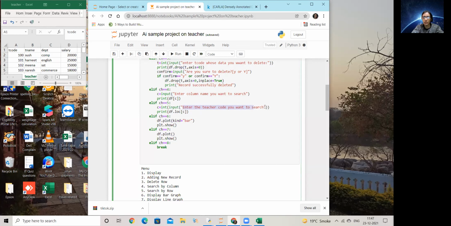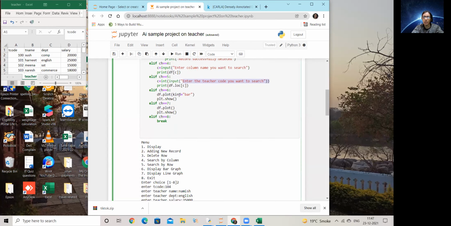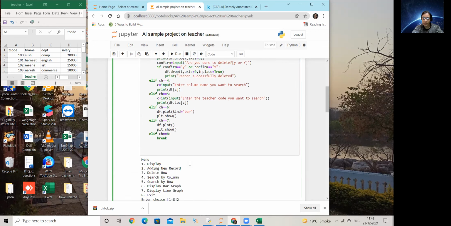Searching for a particular teacher, df data frame name dot loc and inside the bracket I've taken the same variable here and here. You can take different also, there is no issue with that. And I use the thing with LOC. If you give the index with LOC, directly that record is fetched. And for columns, this is the easiest method. There are other methods also, but this is the most common and the easiest method. Single column extraction, and for single row extraction, this is the easiest one. So these two options we have as option 5 and option 6.